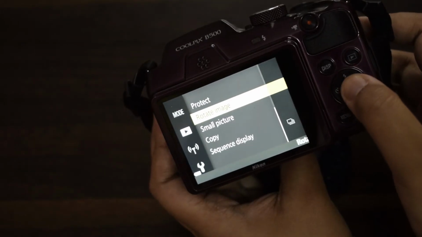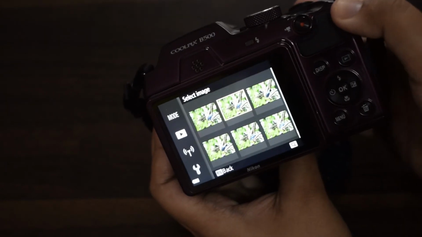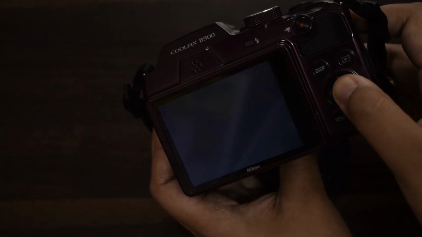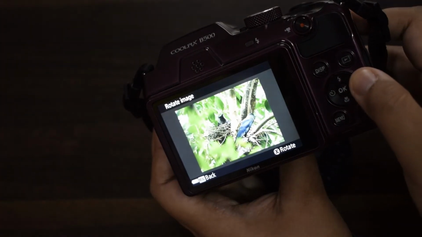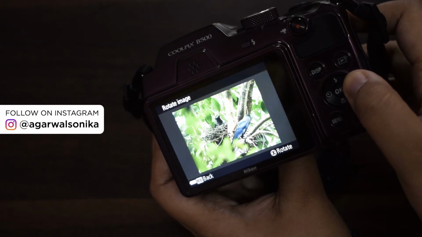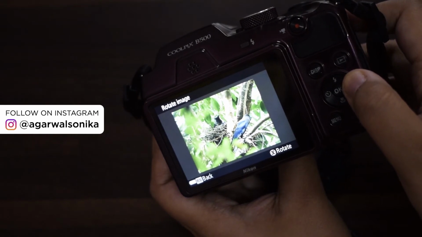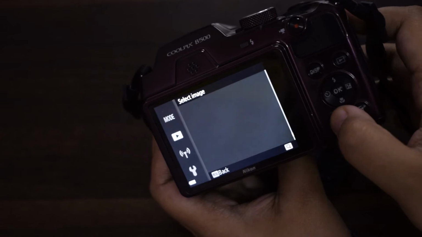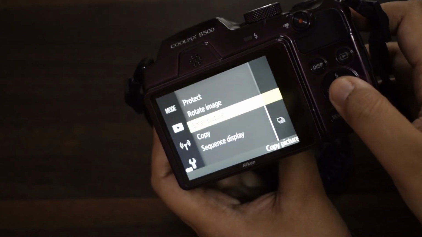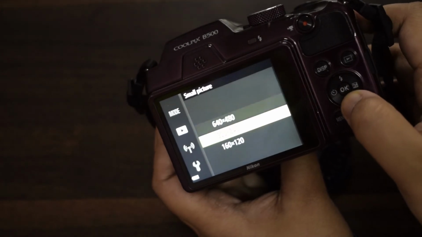If your portrait has more than one person, you will have to apply glamour retouch again. Rotate image, very useful. Small picture reduces the size of the image.